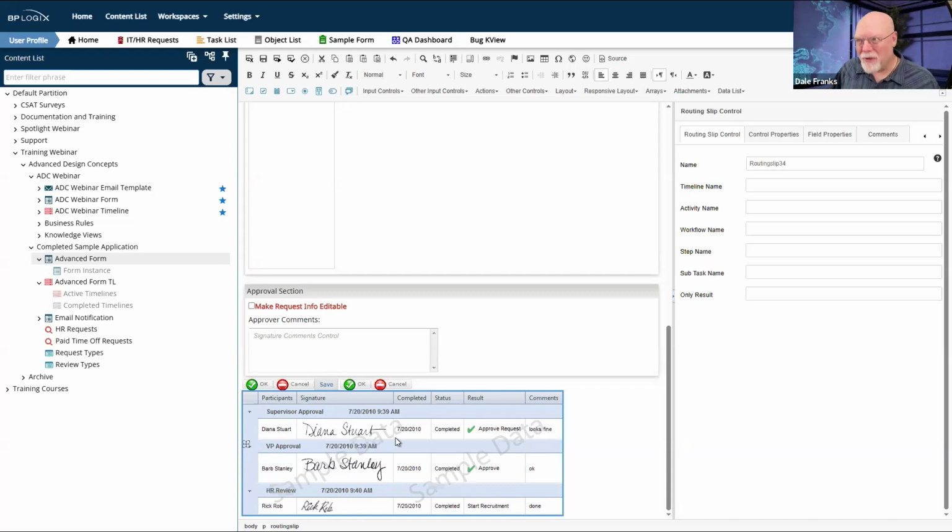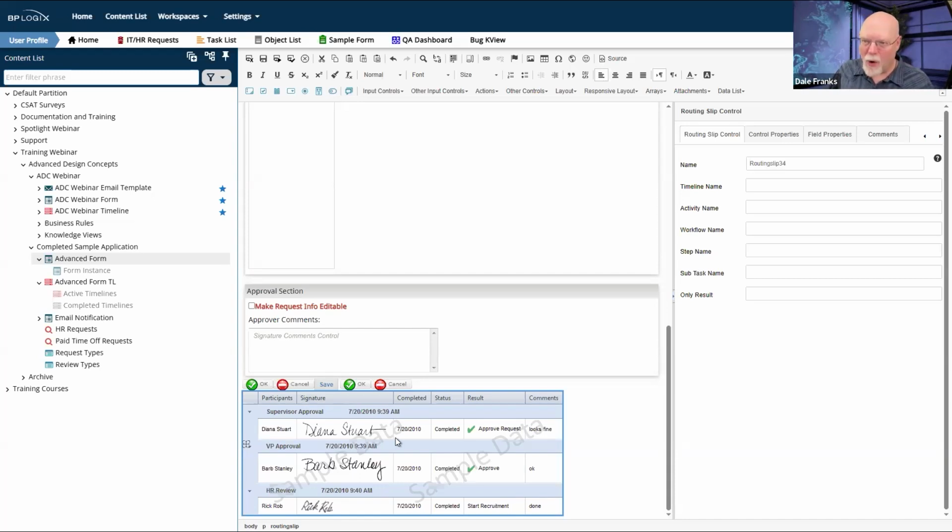Some customers, for reasons that are relevant to them, and I don't have an opinion one way or another, would prefer not to have a routing slip on the form because they would prefer not to display the status of the ongoing activities that are associated with the form. They would rather their users not have access to that information.